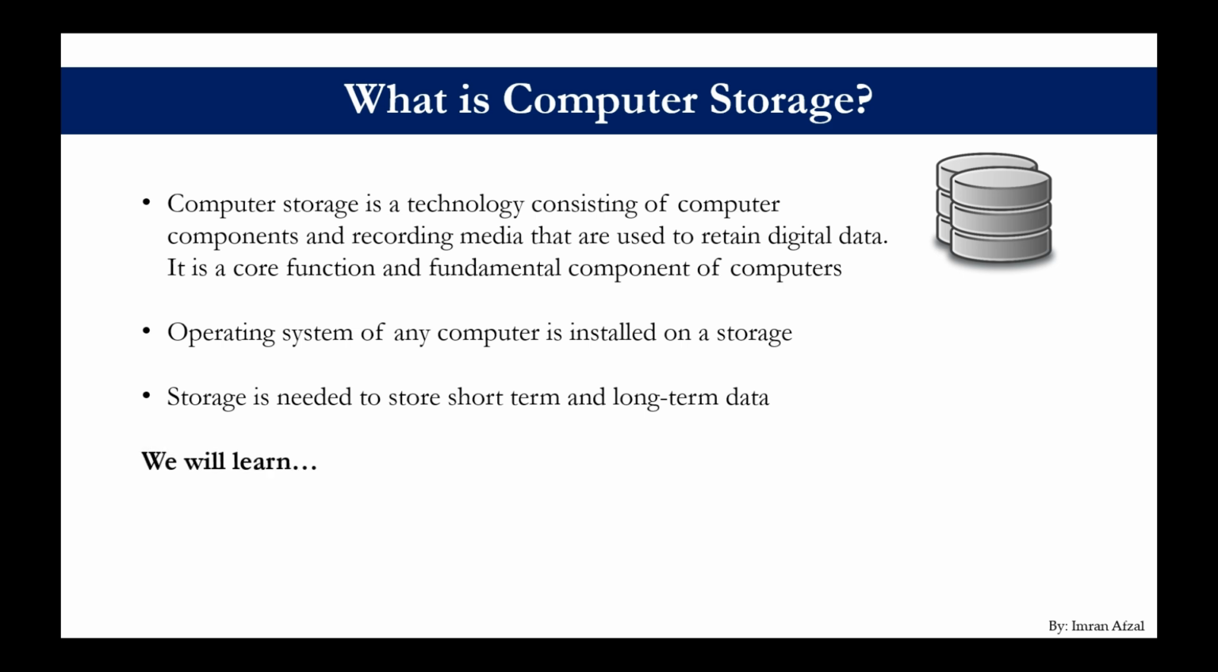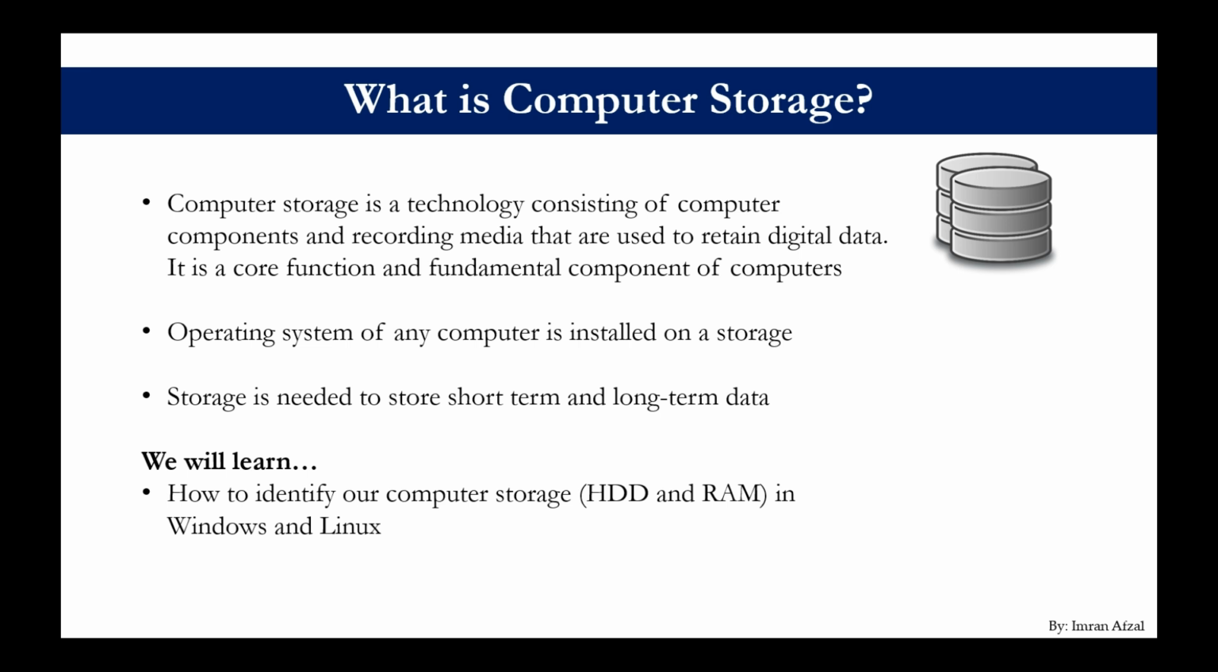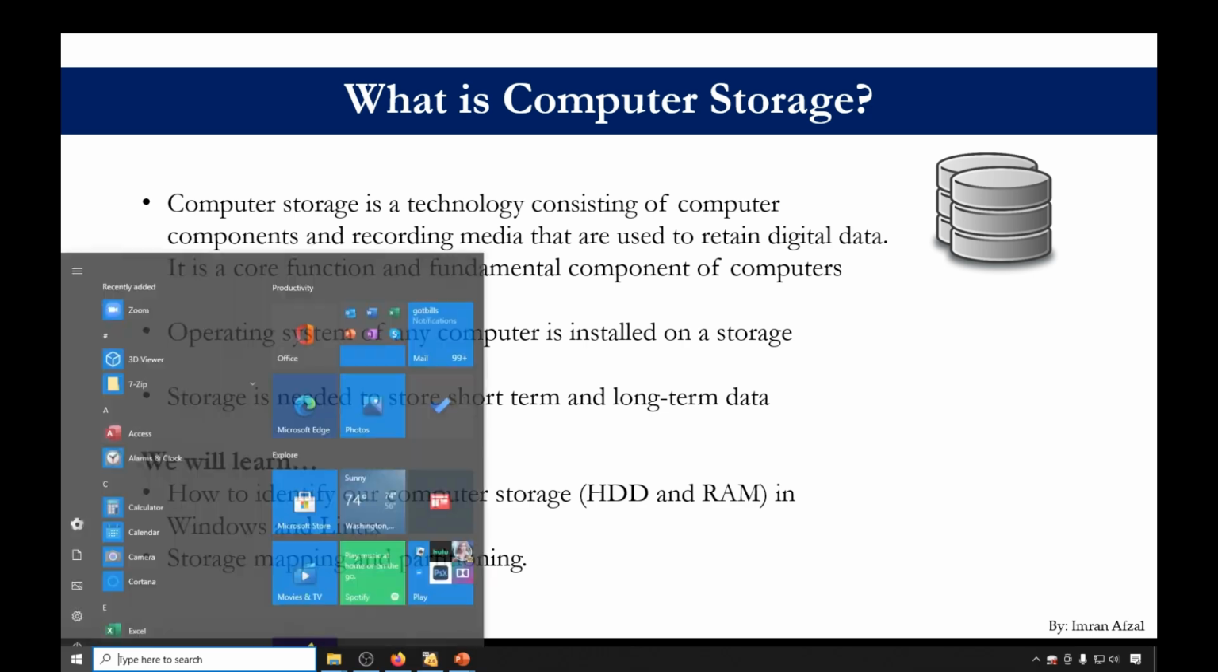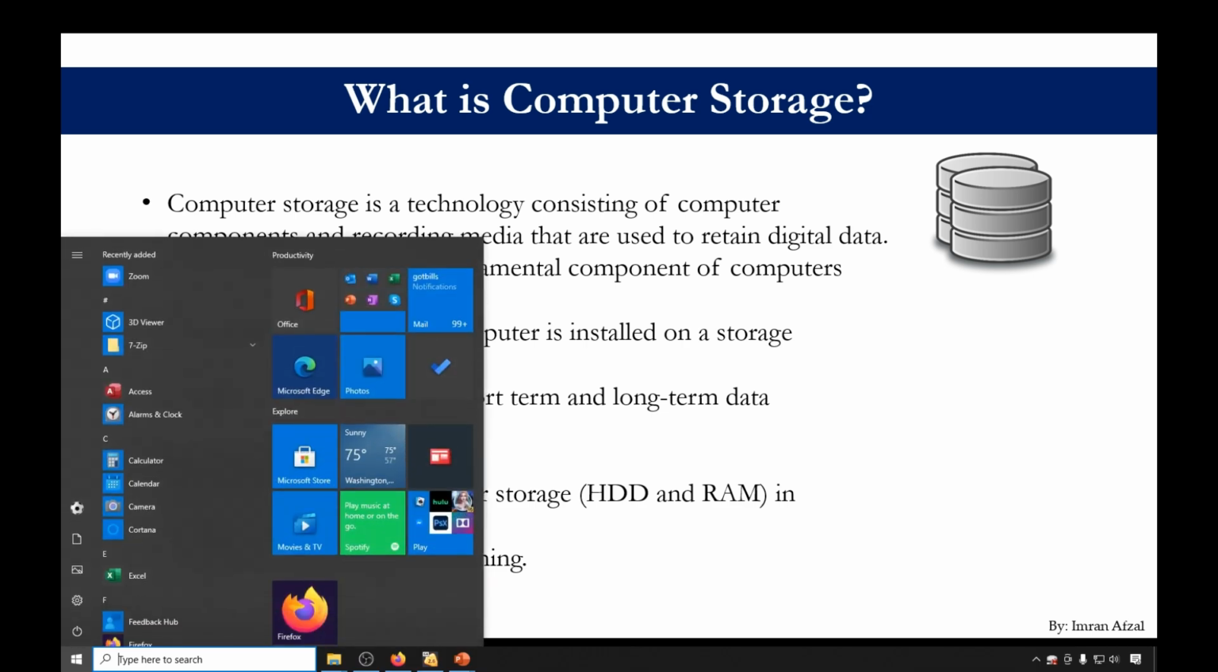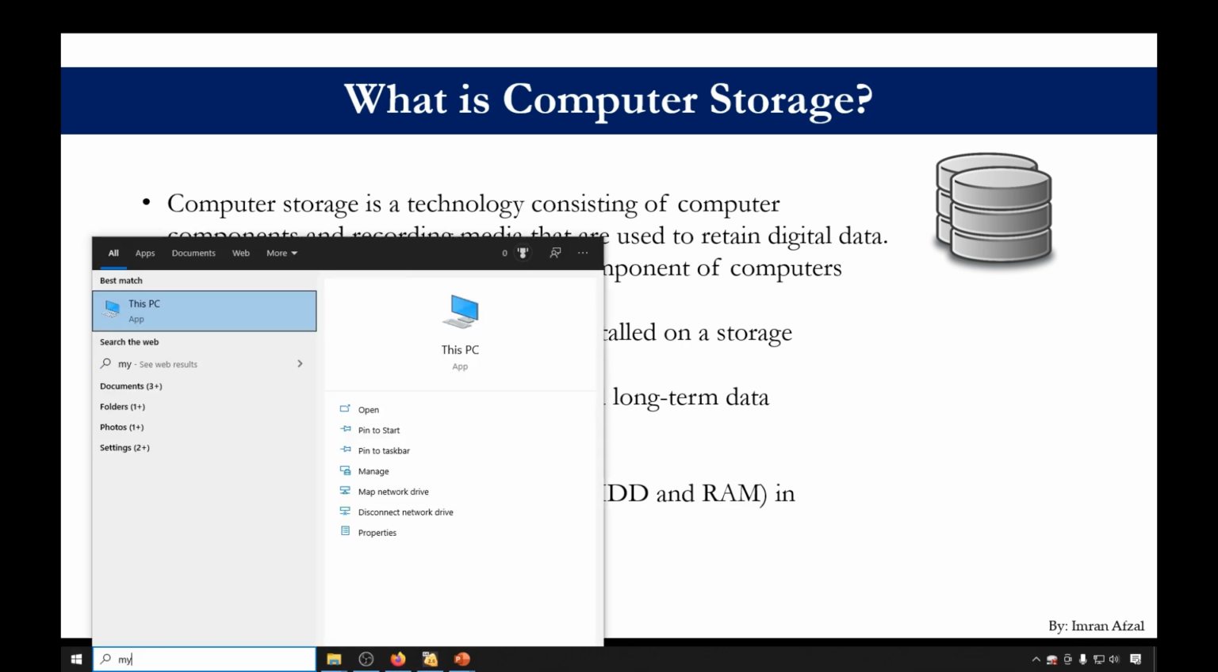All right, so what we will learn is how to identify our computer storage, which is the hard disk drive and RAM, in Windows and Linux, and storage mapping and partitioning. So I'll go to my Windows machine as well as my Linux machine to see how we could check the computer storage. First of all, I'll click the Win key on my keyboard and I'm going to type my